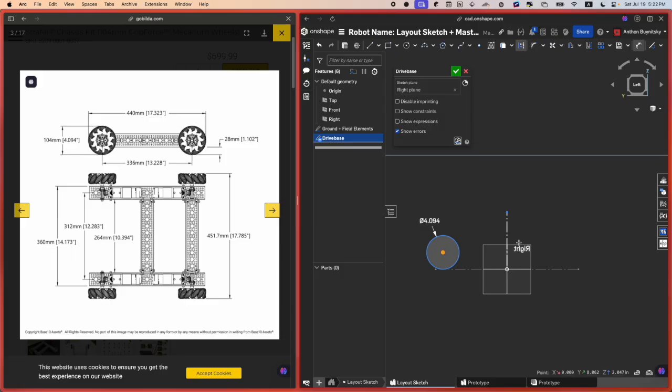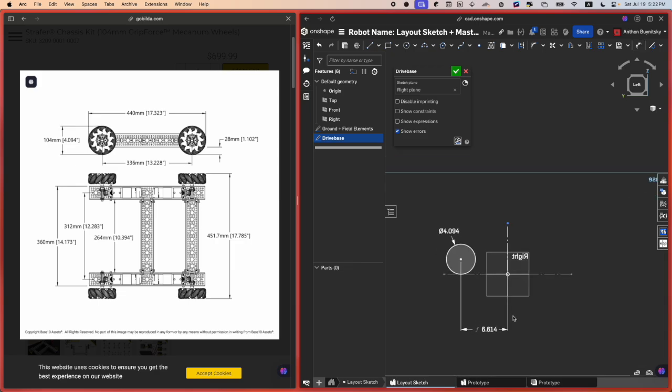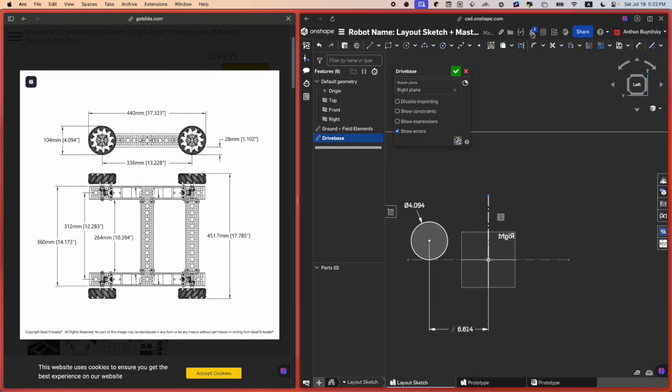336 divided by 2 is, let's pretend I'm in preschool and I do not know how to do math. What I can do simply is say 336 millimeters divided by 2. Cool. And now I will just mirror it over. So press the mirror function, press on U. And now if we check the distance in between,